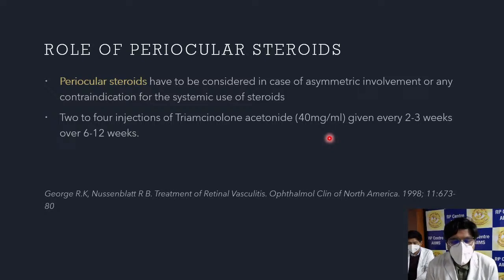But this protocol varies from center to center. We are not giving so frequently. We are giving posterior subtenon triamcinolone only 20 milligram, and we generally repeat it after a few months because there is a very high risk of glaucoma if you are giving it so frequently. Most of the patients do respond well to just a single injection. The effect does last for a few months. But yes, in Western literature you will find this, though probably many of them are giving peribulbar rather than posterior.